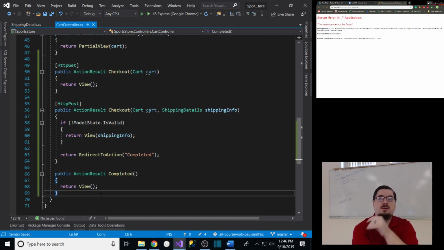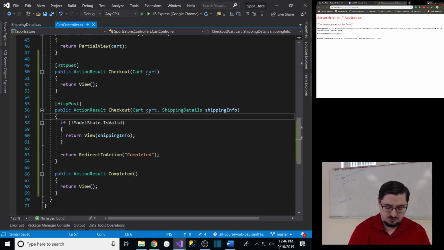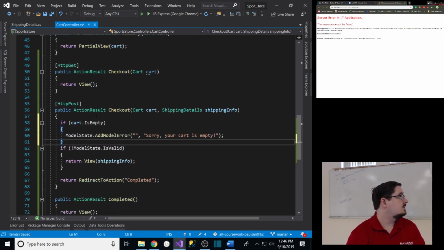Now, one thing to notice in that process, when I went through and tried to place that order, did it tell me anything about my cart being empty? Isn't that kind of important that I actually have something in my cart in order to be able to check out? It's important that I have something in my cart in order to check out. Okay? So let's add a check into the post version and say, okay, if it is empty, then we're going